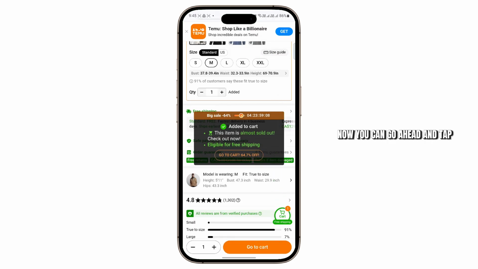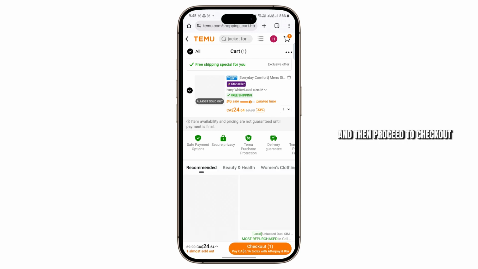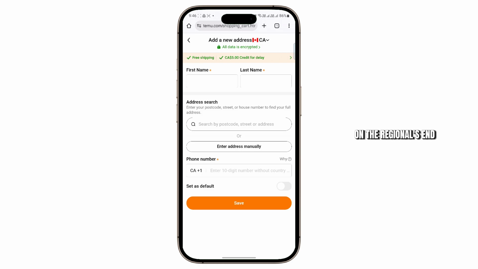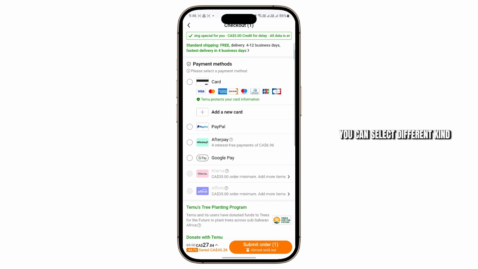Now you can go ahead and tap on the cart option and then proceed to checkout. So once you go to the checkout page, the cash on delivery option is completely on the region's end. So all you have to do here is just continue and enter your street address. And then when you get to the checkout page, once you get here, you can select different kinds of options